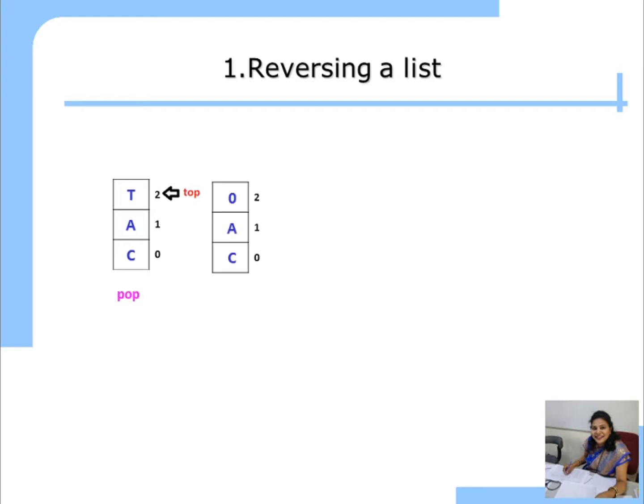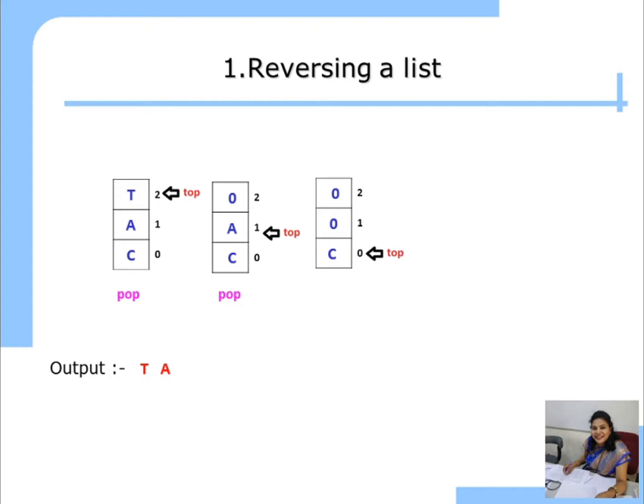So pop, you pop T and in the output you print the T and you decrement the top by 1. Since in the push operation we increment the top and in the pop operation we decrement the top by the value 1. Again perform the pop operation. Now A will be removed from the stack and you print it.